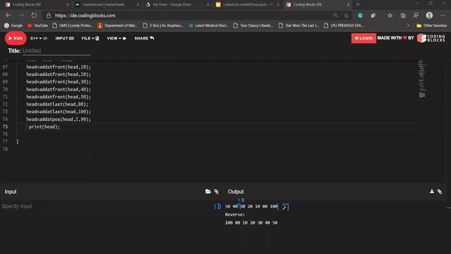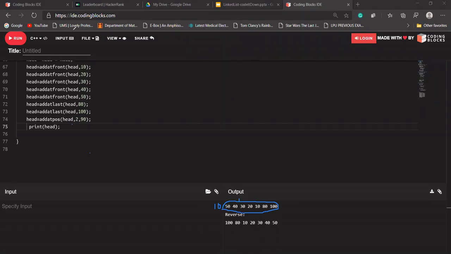Although we can add at 7, if someone asks us to add at the 8th position, there is no need, because at the 7th position there is no data. So the position should start from 0 and be at most equal to the size of this linked list. If it is greater than this, it should report that no such position is available. If it is less than 0, it should print a statement that this is not a possible index. Okay, is that clear with everyone?